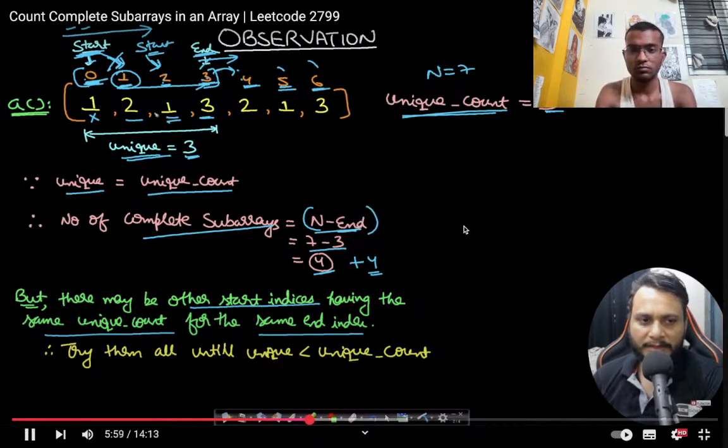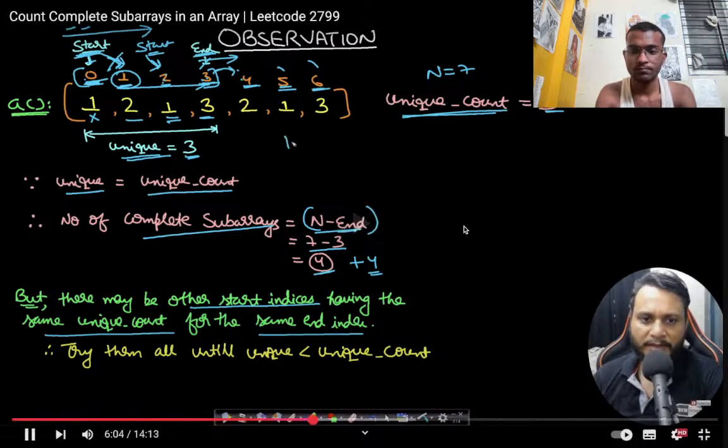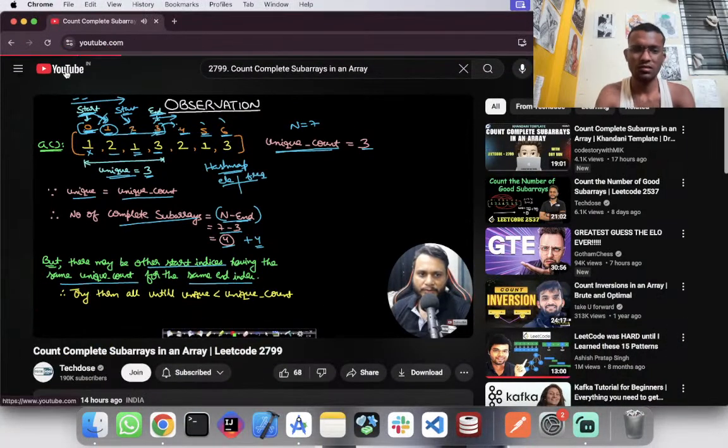And in order to understand about the count of unique elements, we can maintain a hash map. So simply a hash map will keep track of whatever element you are seeing and how many times you are seeing it. So when you had 0 to 3, when you